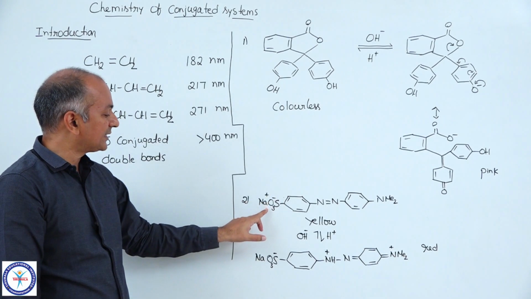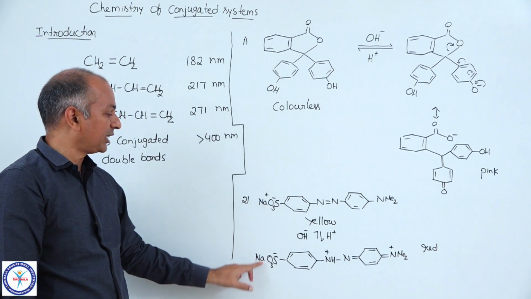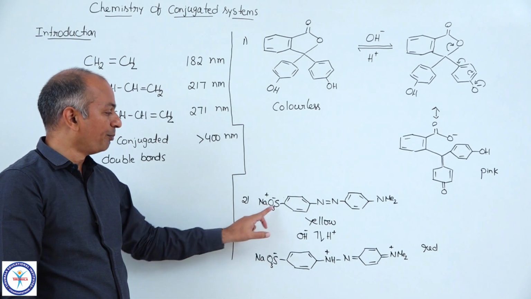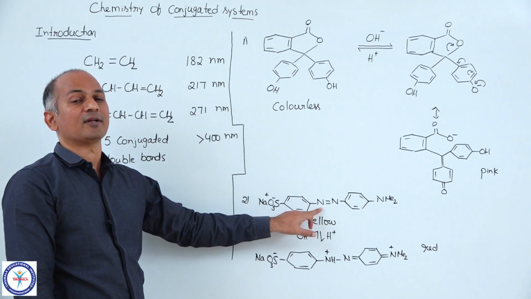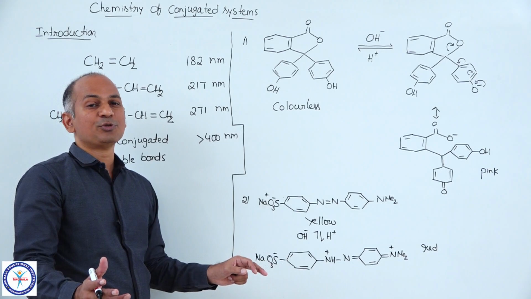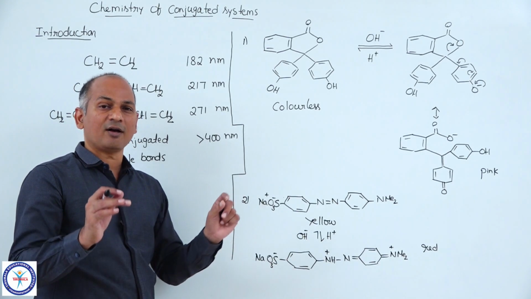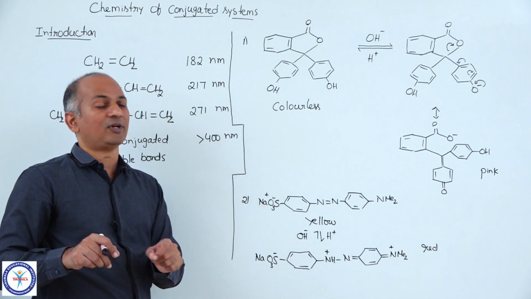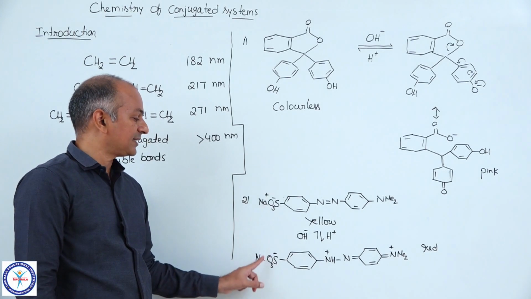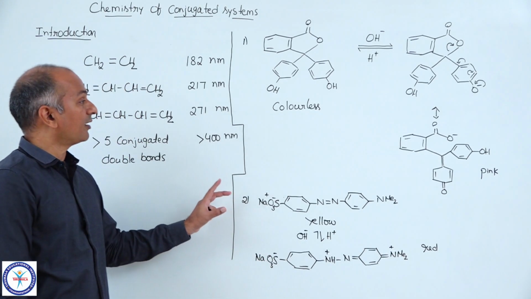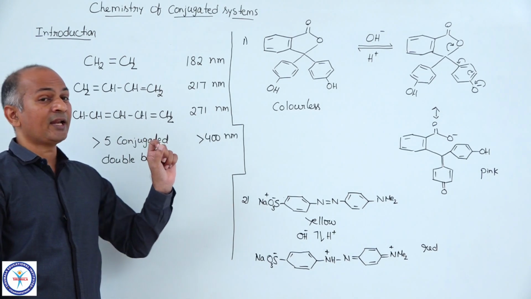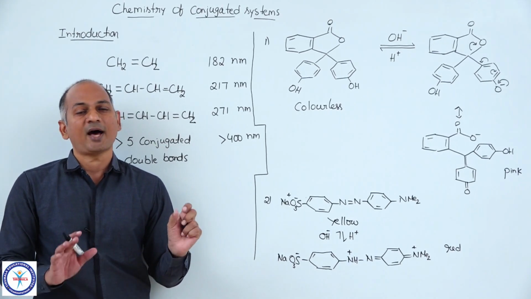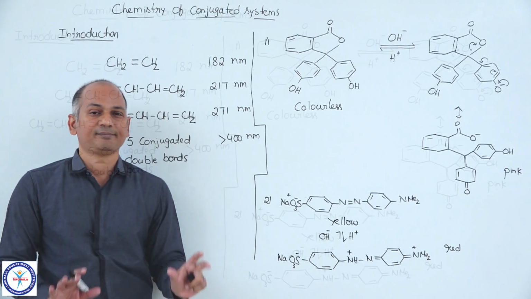And you all know this side chain in methyl orange, SO3 minus Na plus, sulfonate, that is taken to make this compound quite soluble in water. Because you know methyl orange is used in so many titrations, and in almost all the titrations the medium is water. So to make this particular indicator quite soluble in water, we attach this SO3 minus Na plus. Now this is about color. So please remember all of you, when an organic compound has greater than 5 double bonds in conjugation, that organic compound is expected to be colored.